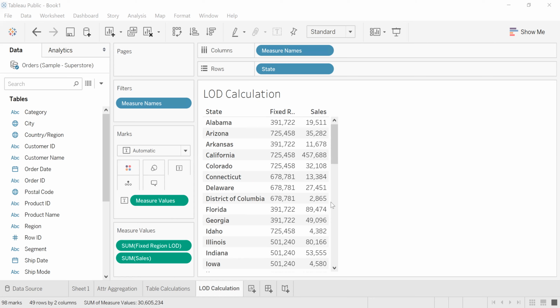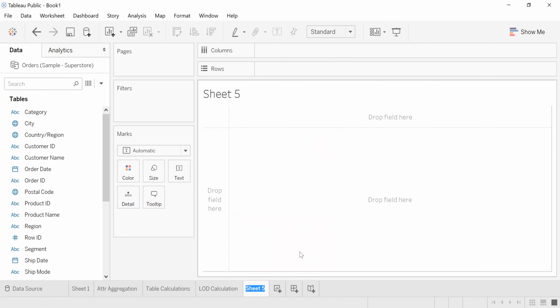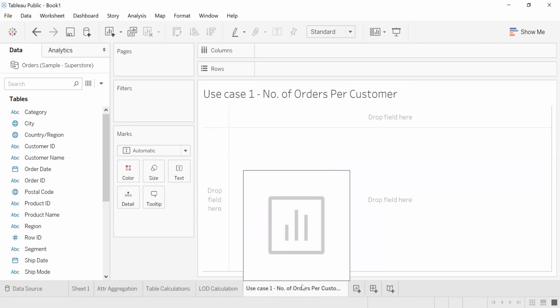So use case one is number of orders per customer. Okay, this is one use case. My requirement is I want to know the number of orders, the number of customers who placed that number of orders.